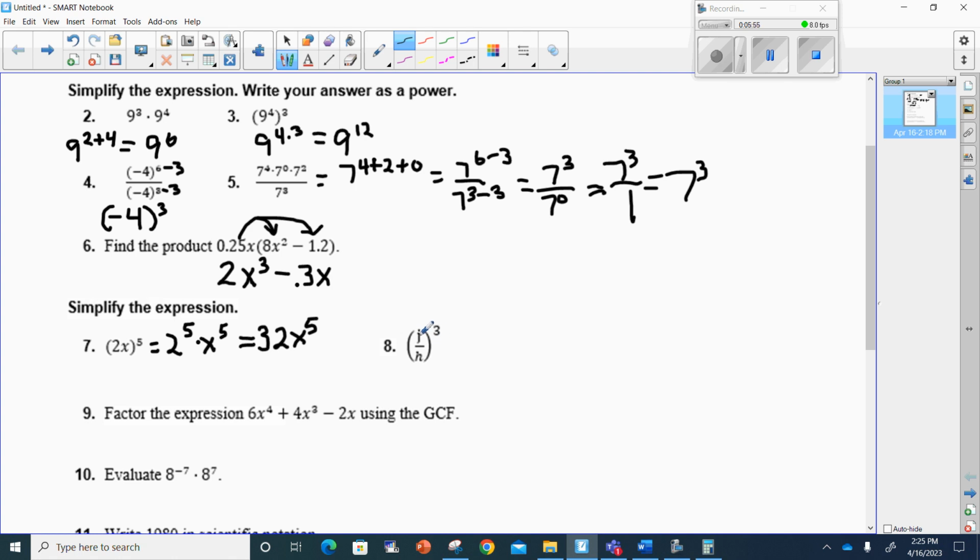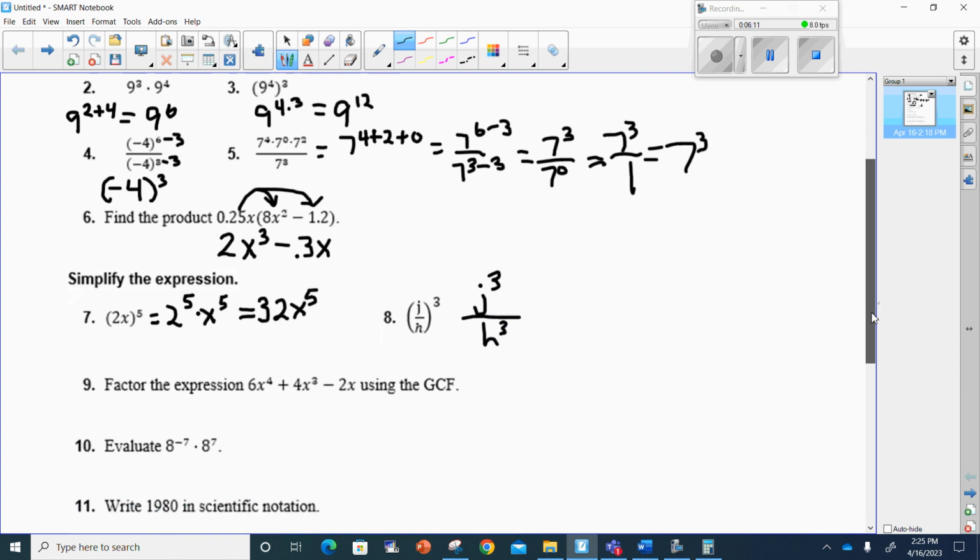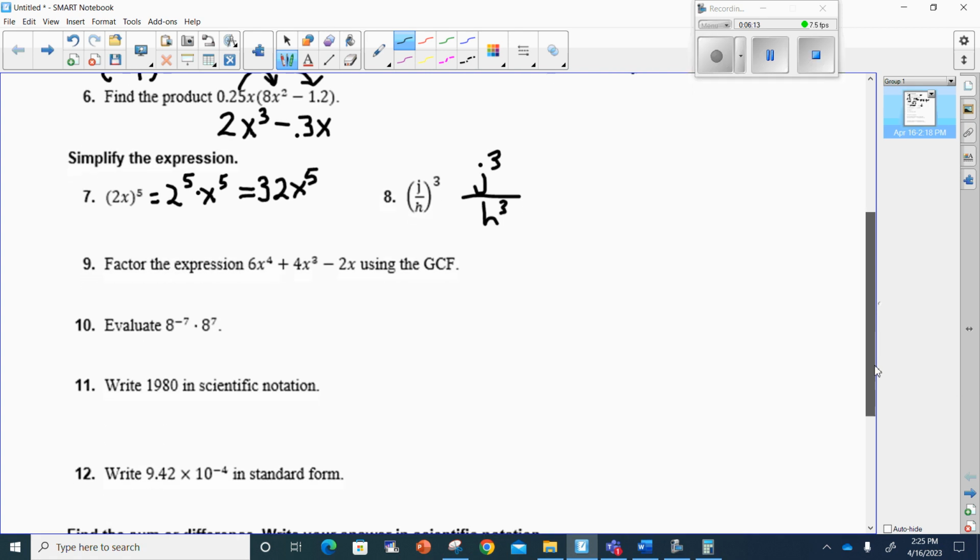Over here, we have j over h to the 3rd power. Once again, that 3rd power is going to get applied to the j and the h. These are not the same base. We do not subtract the exponents if they're not. All right, let's go on to, let's see,